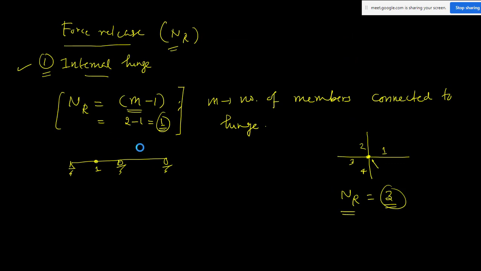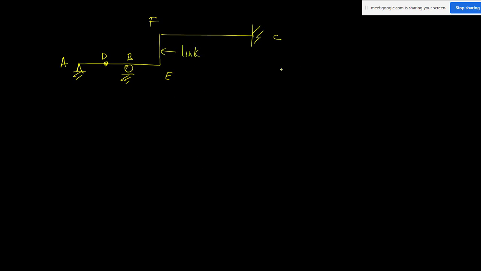Okay, so I will take this example, I will write it neatly and explain. This is your structure, fixed end. Here I have a roller support, here I have a hinge, and this is an internal hinge. I am taking points a, b, c, d, and this is your question, and this is a link. So we have to find the static indeterminacy.